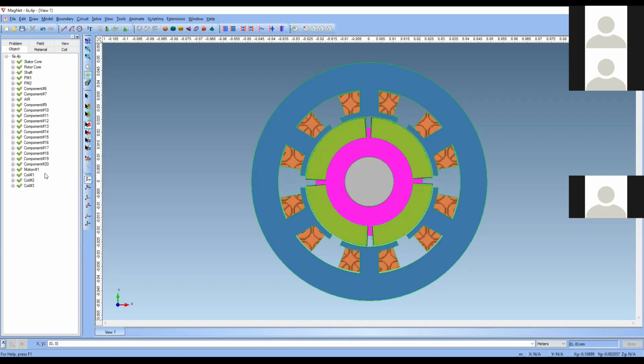Now we have made a motion component. These are the motion components totally. When the rotor is rotating, what about this air gap? If this position is changed to this position, then this air gap will also stop the machine from rotating, right? Because this is a simulation tool.